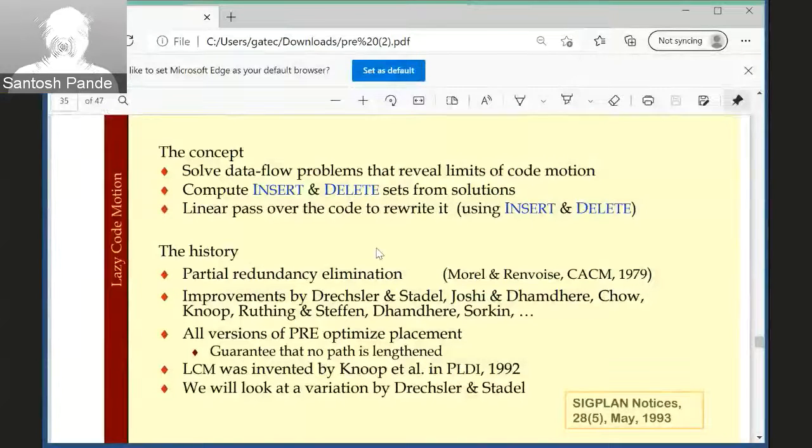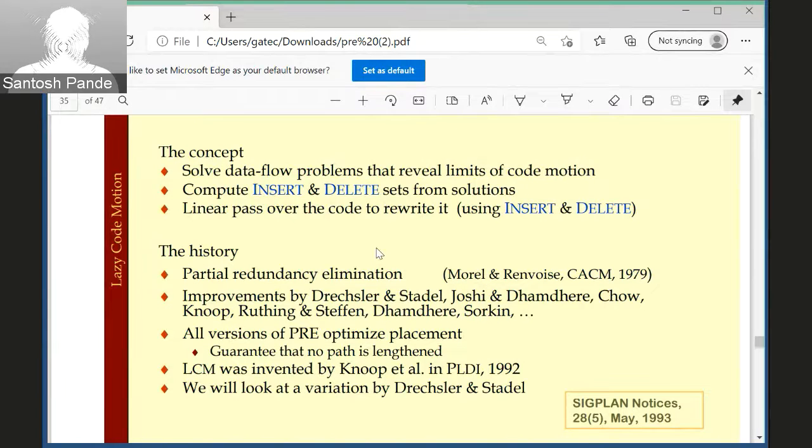And let me now go into some details of how that works. So as you know, we had looked at the PRE formulation here, which is in the paper that we have given you, which is called lazy code motion. That is, the placement of this expression should be